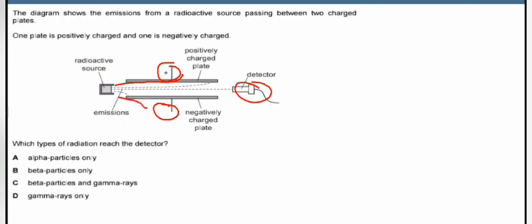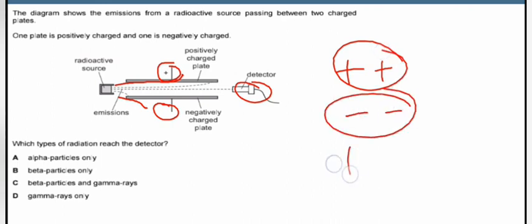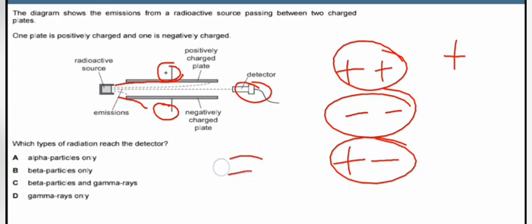So let's identify the alpha particle. Alpha particles are positively charged in nature. And what you know is that when you have positive and positive, there will be repulsion. When you have negative and negative, there will be repulsion. But when you have negative and positive, there will be attraction. Meaning, alpha particle is positively charged, so it is going to be deflected to the negative charge. If you say it is going to be deflected to the positive charge, there will be repulsion. And beta particle is negatively charged in nature, meaning it is going to be deflected to the